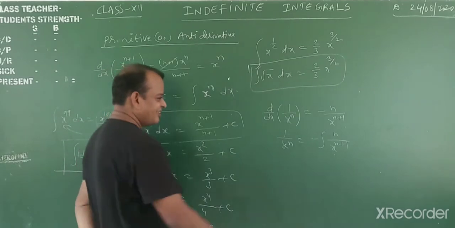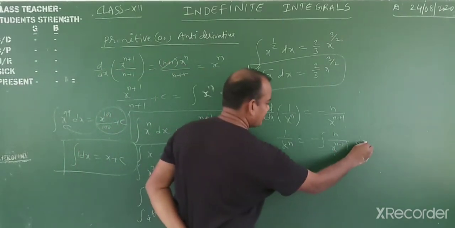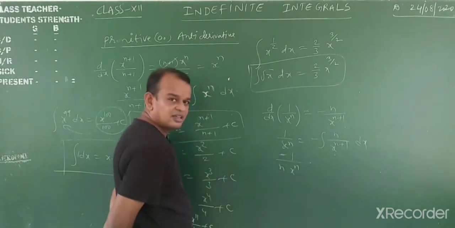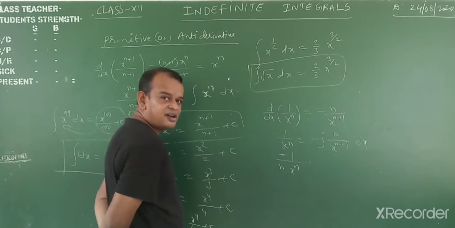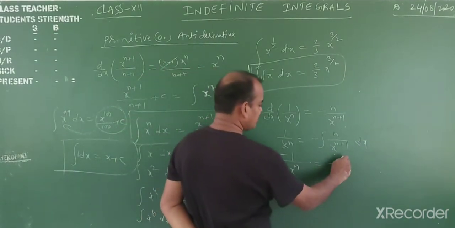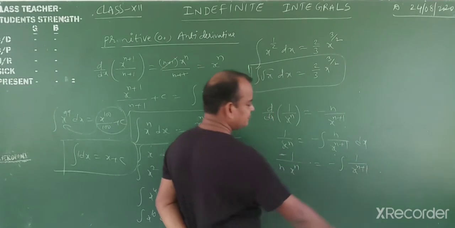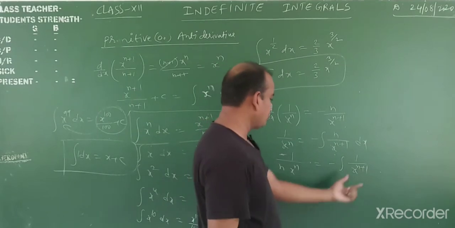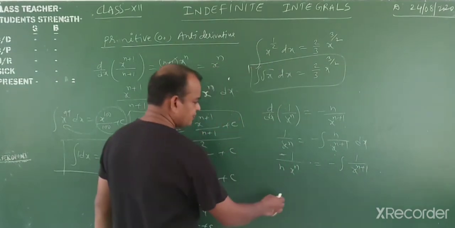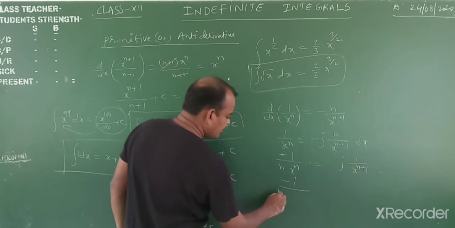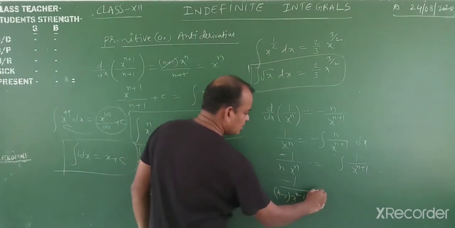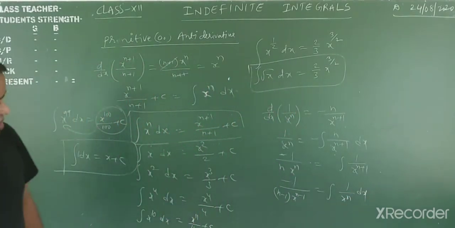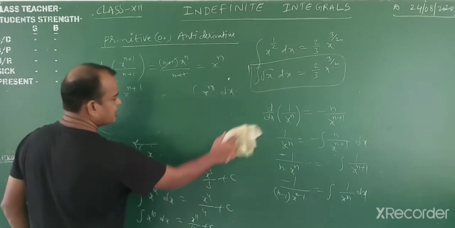Okay, my dear students, on this side, d/dx of (-1/(n x^n)) is equal to -1/x^(n+1). Now instead of n you write n minus 1. What happened? Instead of n you write n minus 1. Here the minus is not there. Minus 1 by (n minus 1) into x^(n minus 1) equals the integral of 1 by x^n dx. Hey, what happened to the formula? Observe that. Instead of n you write n minus 1.